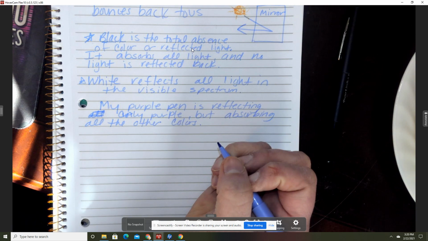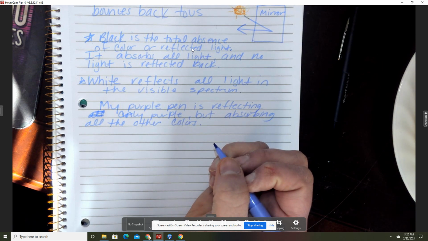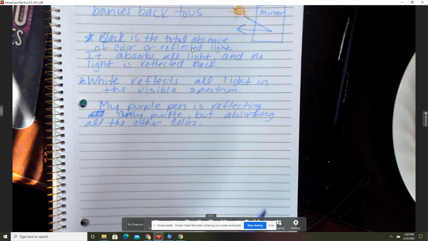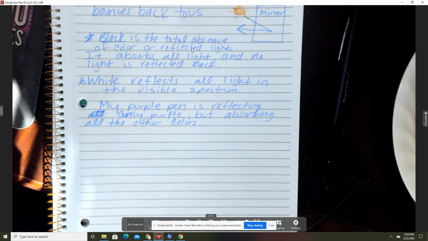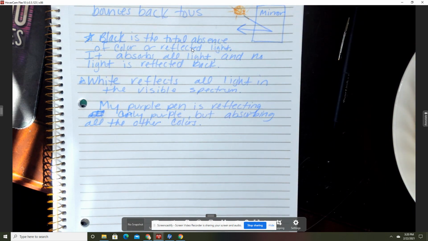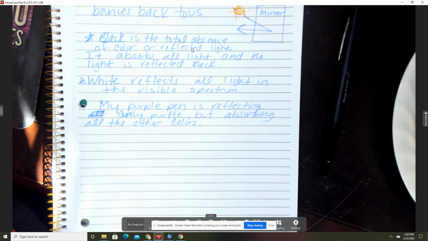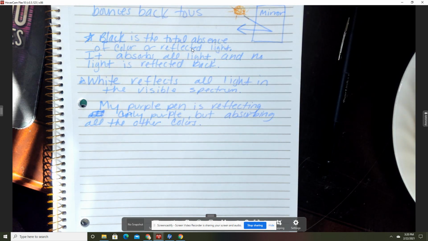All right. So just remember when you see the green grass that the light is bouncing off, and the green light from the visible spectrum is what you're seeing, but all the other colors are being absorbed. Okay. So let's look at